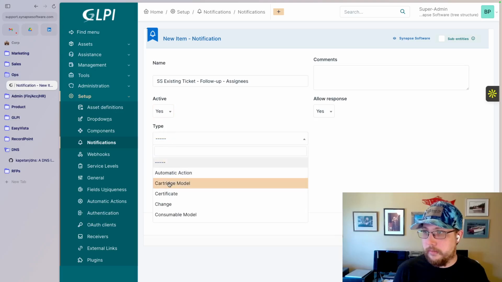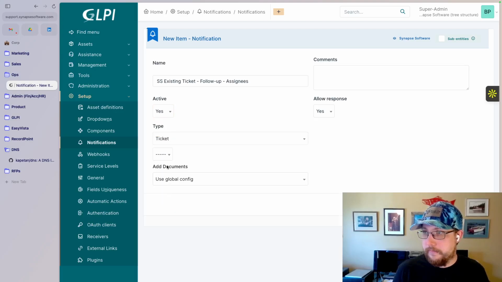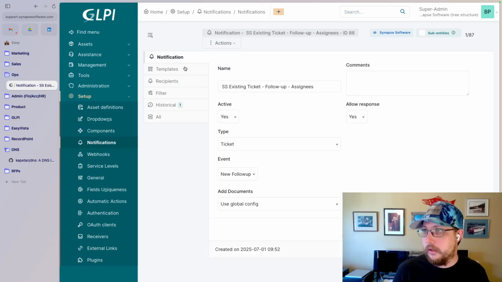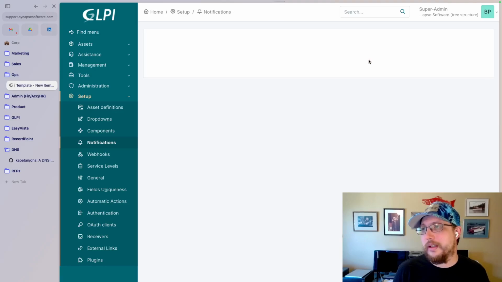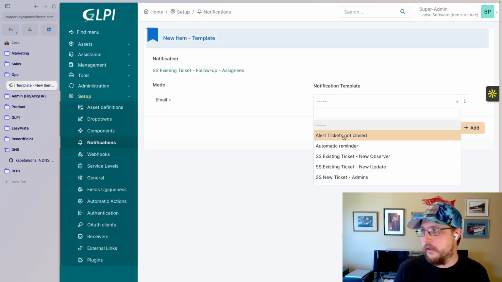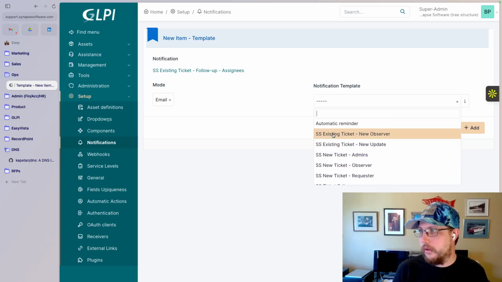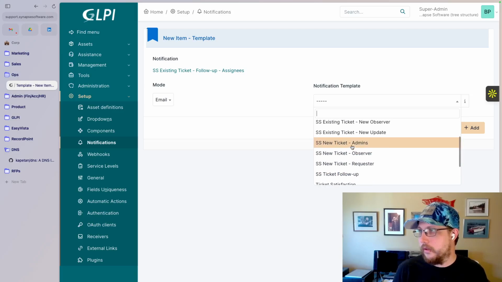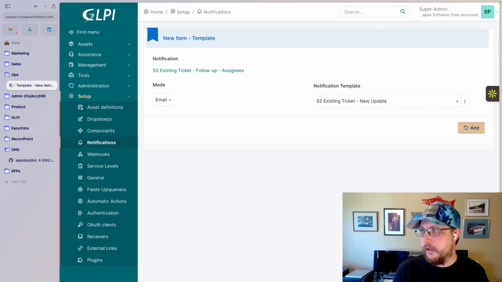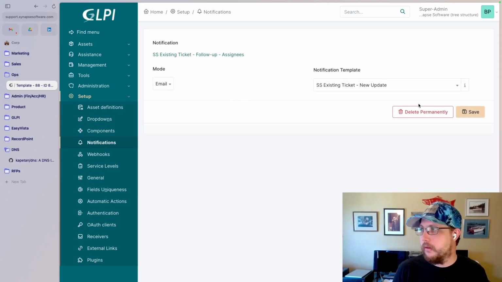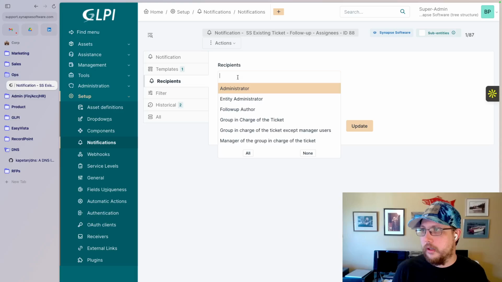Active, yes. The type is ticket. And it's going to be new follow-up. Everything else is fine. The template we're going to choose is, again, I could use that existing template that I already had, but we're going to use SS existing ticket new update, right? And add that. Now, our recipients, go back to the notification, the recipients are going to be the,